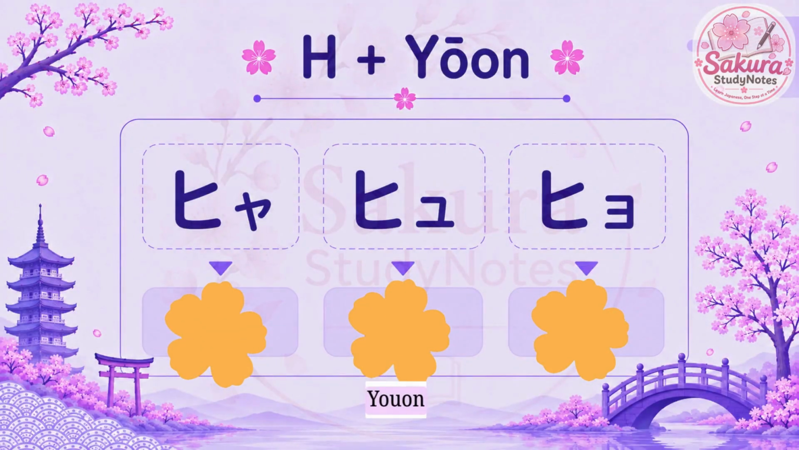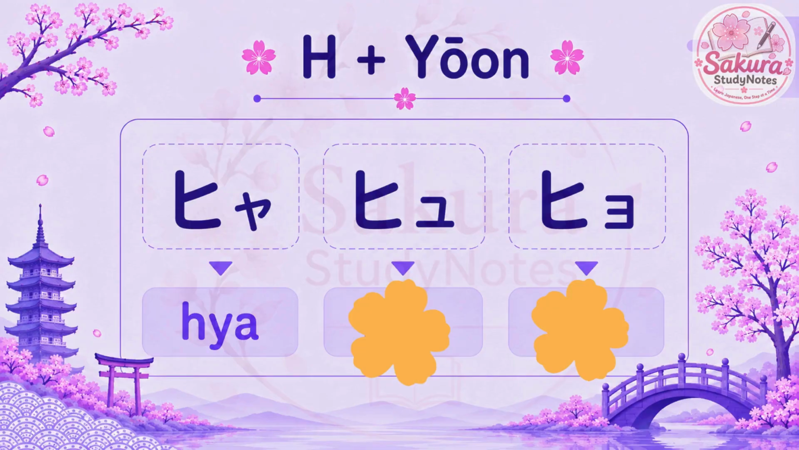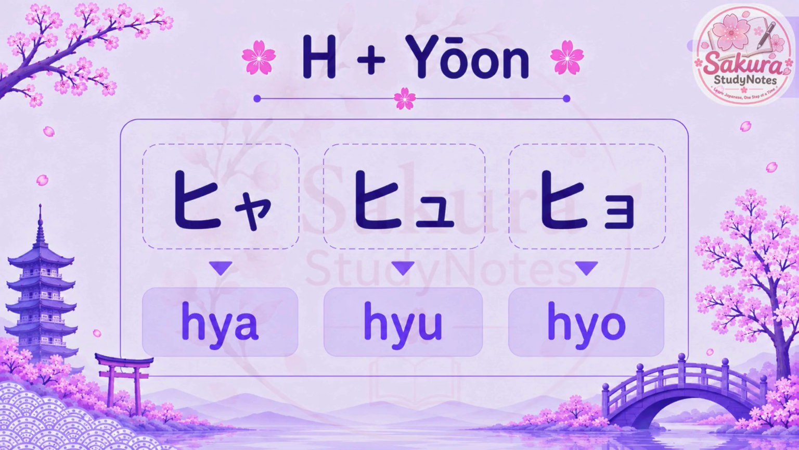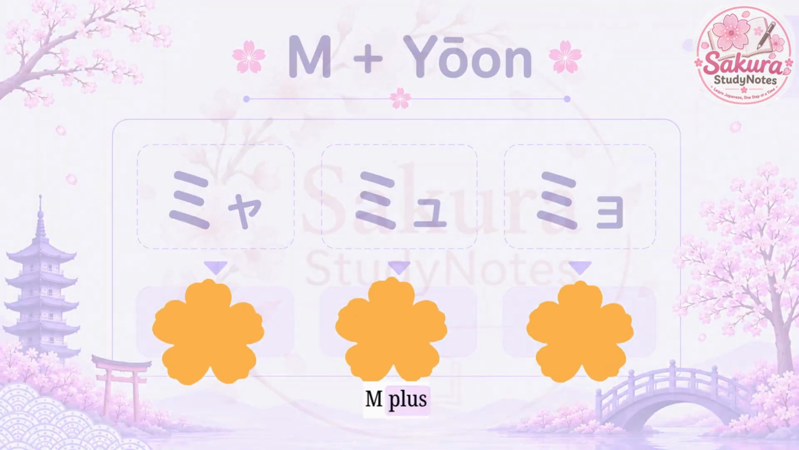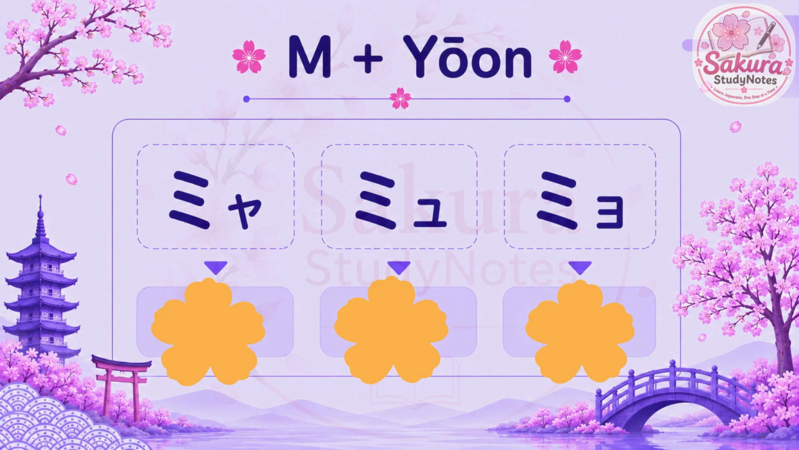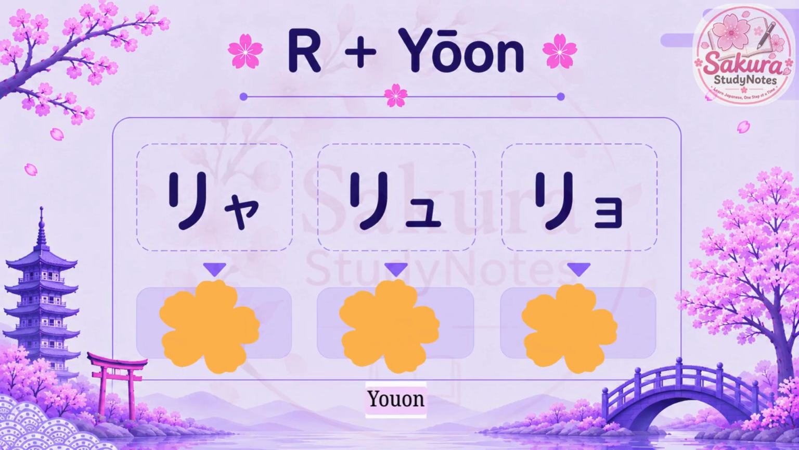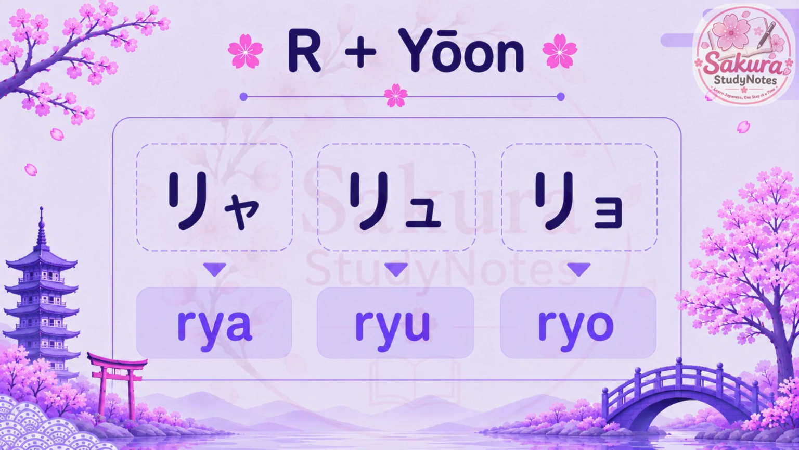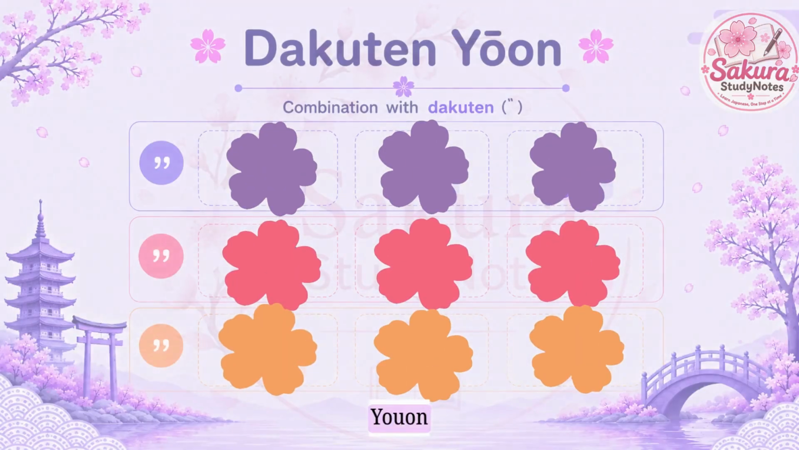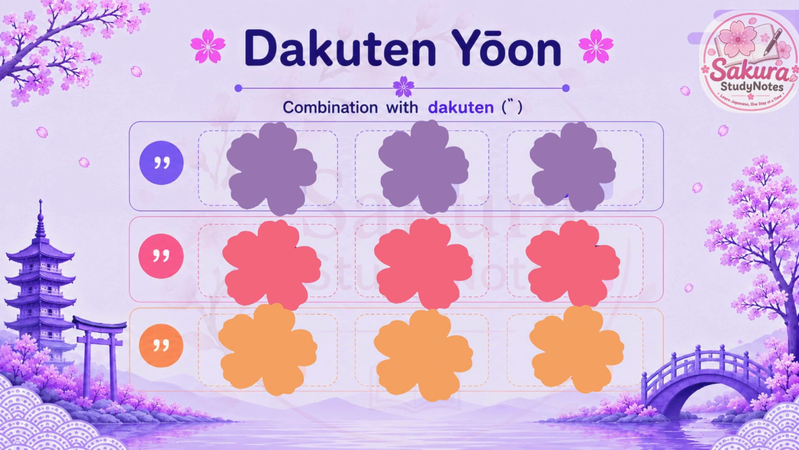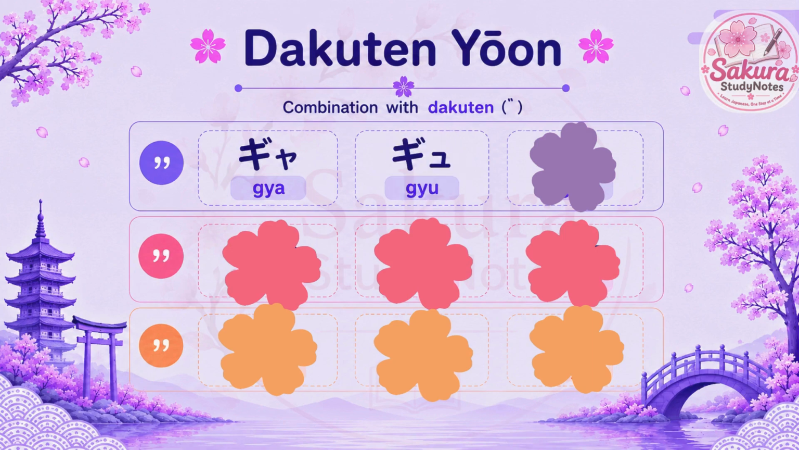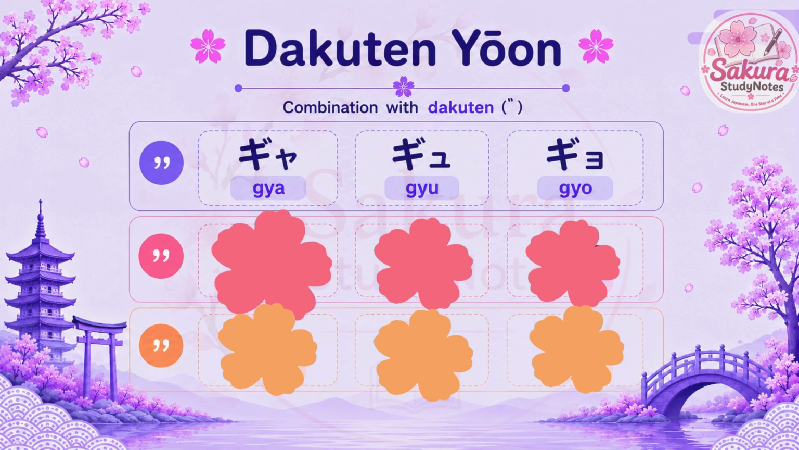H plus Yōon. Hya, Hyu, Hyo. M plus Yōon. Mya, Myu, Myo. R plus Yōon. Rya, Ryu, Ryo. Yōon with Dakuten. Gya, Gyu, Gyo. Ja,